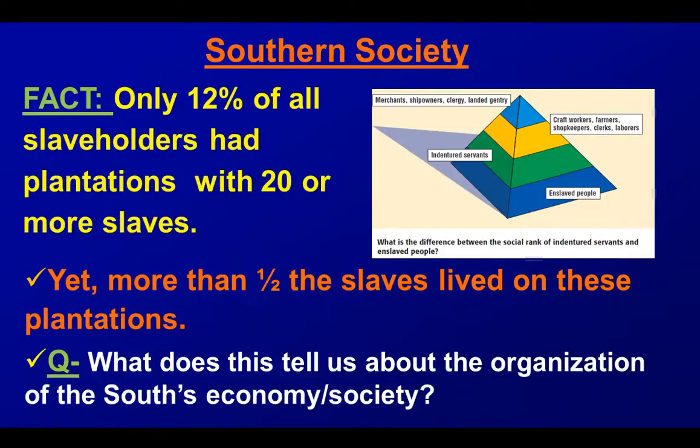Southern society, you can see this pyramid is something we've talked about before. Top down, in Southern society, you have merchant ship owners, some clergy members, landed gentry, the aristocrats who own big pieces of land. These are the people that have large slave holdings up here in terms of landed gentry and plantation owners. And then you get down into small farmers, landowning farmers, poor whites as well who don't own slaves,